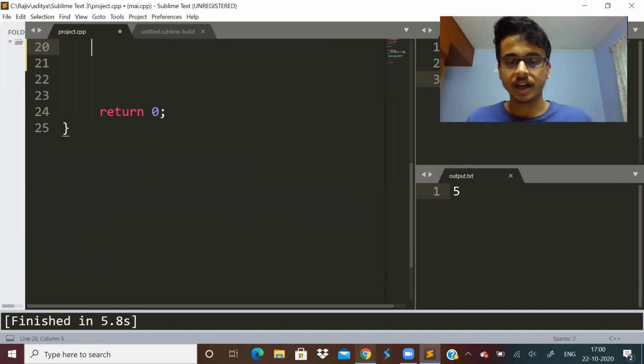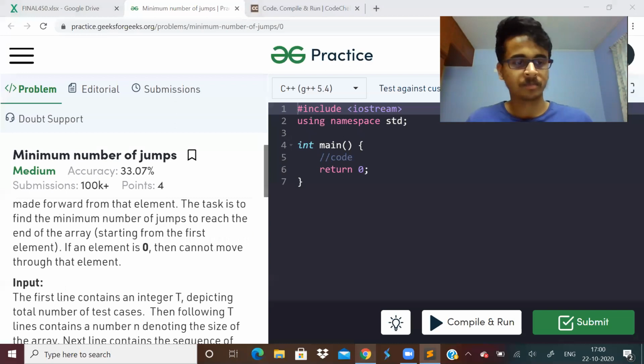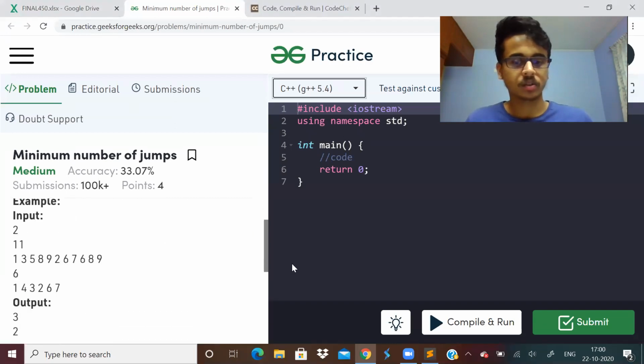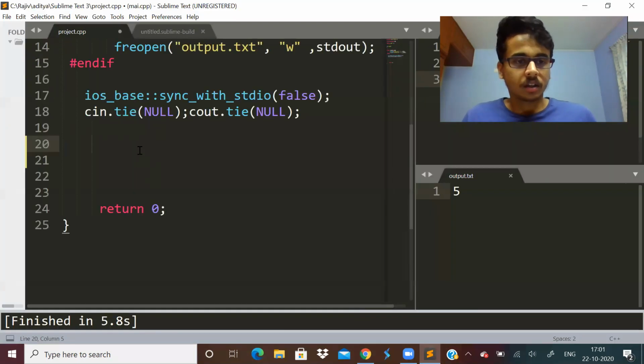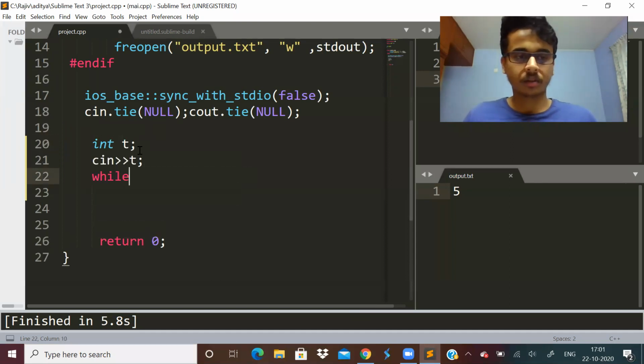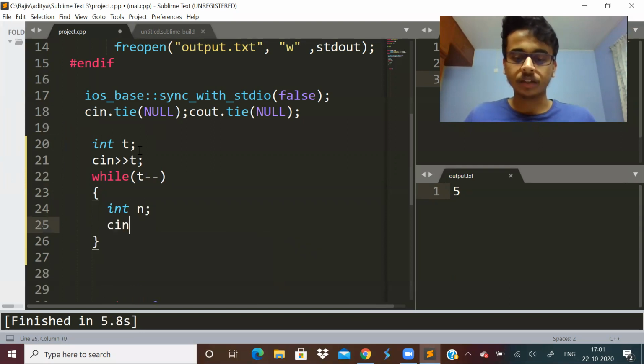So what is the array input? So there are multiple test cases. So in T, I'm taking the input now, the arrays input.